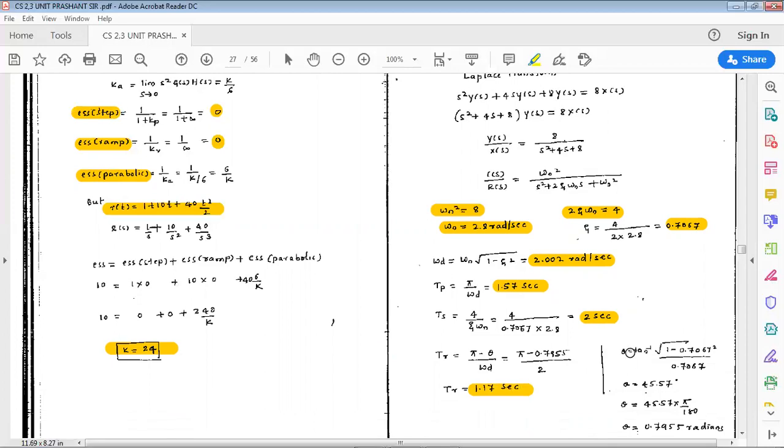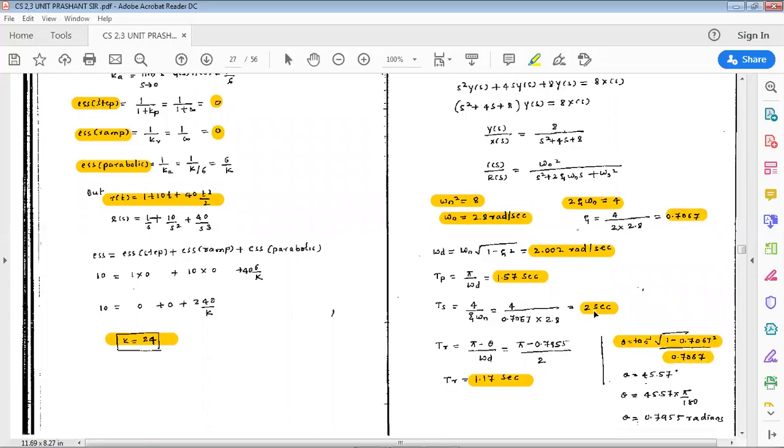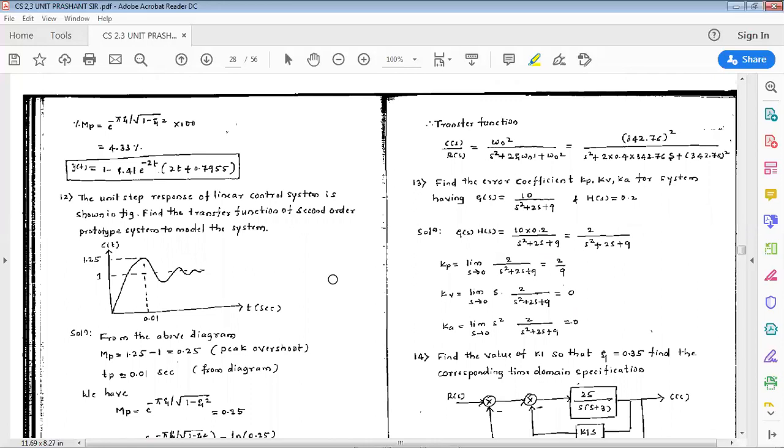Where we need to find this theta in terms of what? Radians, by substituting the value in the damping ratio formula, right? Next, we need to find Mp also, that is peak overshoot, which is given as percentage Mp equal to e raised to minus pi zeta divided by under root 1 minus zeta square, into 100. So that results in 4.33 percent.